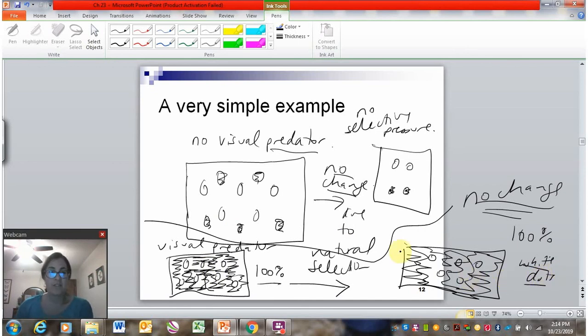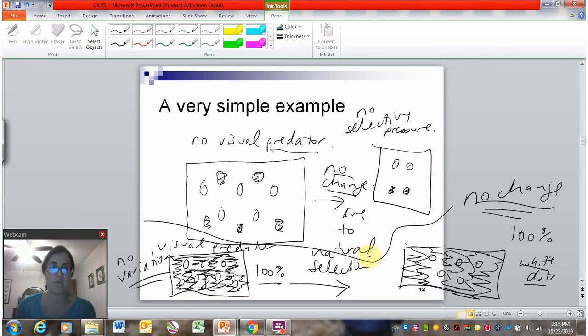The difference is variation. Are there any dark dots in this scenario? No, right? So there's no genetic variation. Variation is the raw material of evolution. Without variation, we cannot get evolution to having dark dots, right? This little white dot can't say, gee, if I was dark colored, I would be able to hide from this